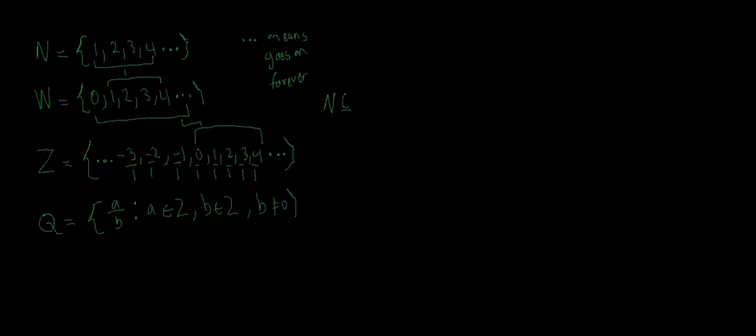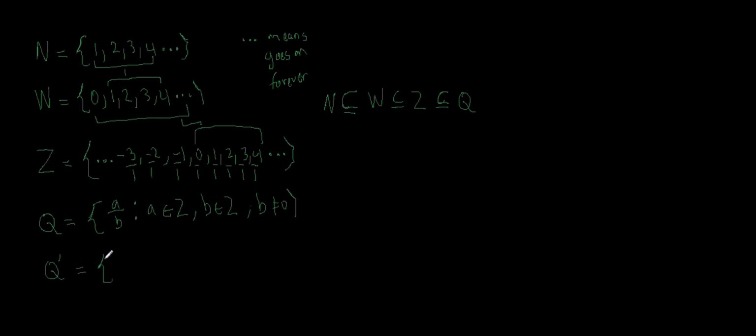Let me use the proper notation. The natural numbers is a subset of the whole numbers, as seen here. Then the whole numbers is a subset of the integers, and the integers is a subset of the rationals. Now we have something called the irrationals, Q prime or Q complement,